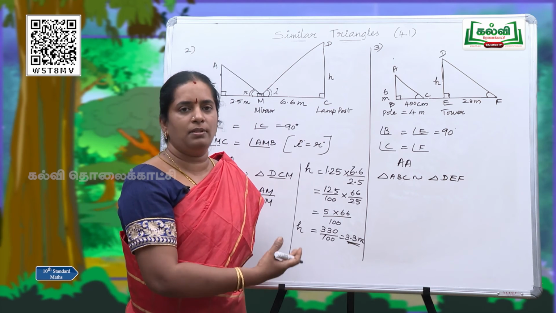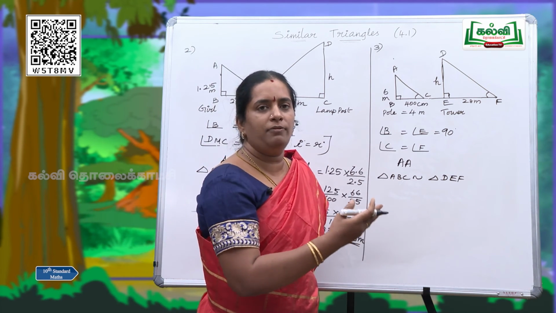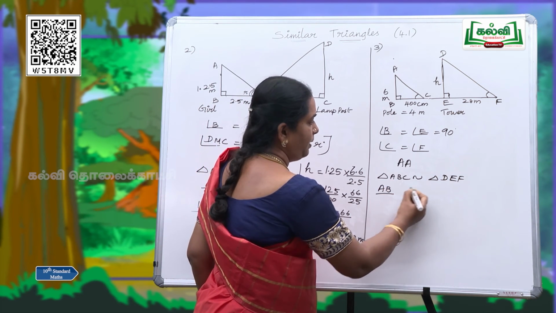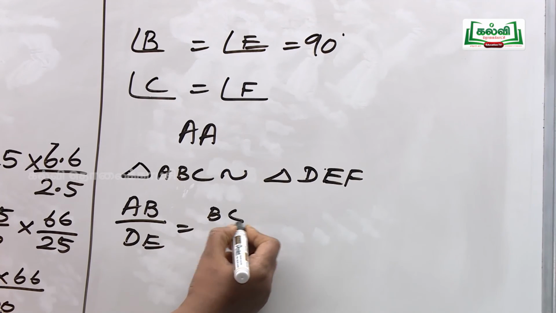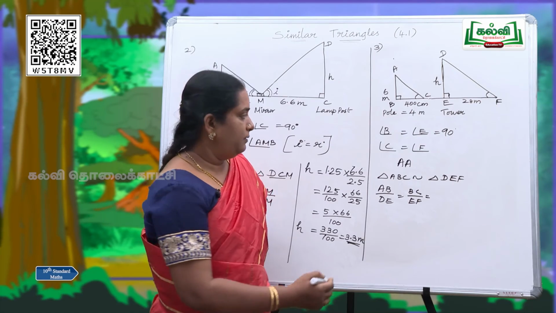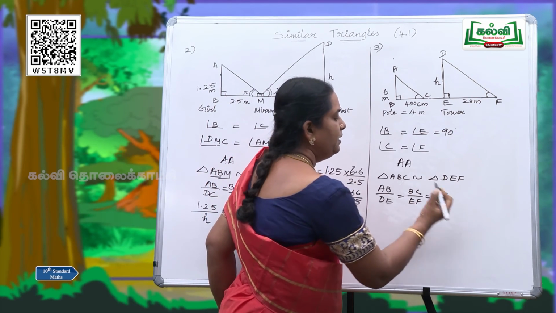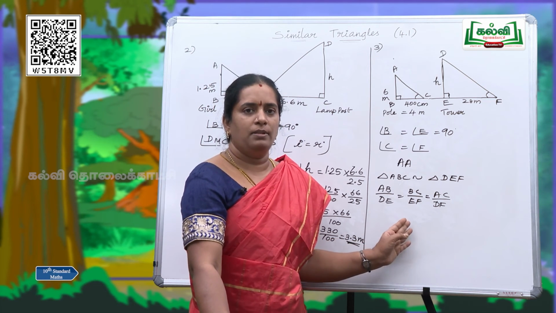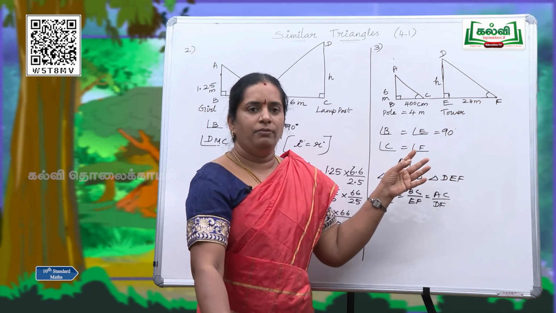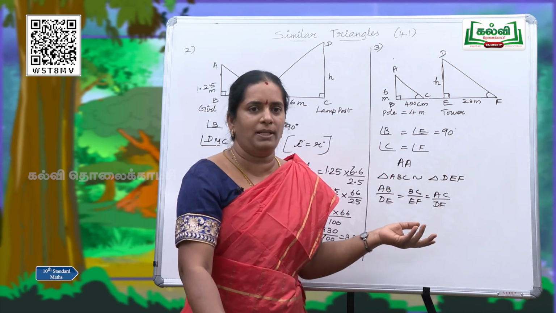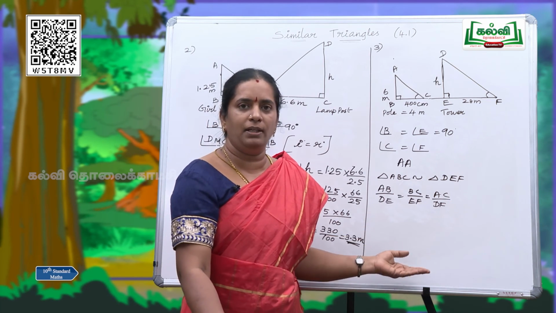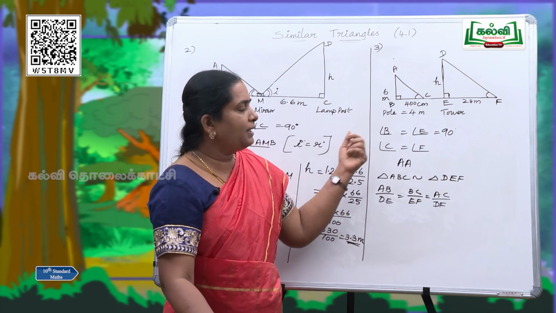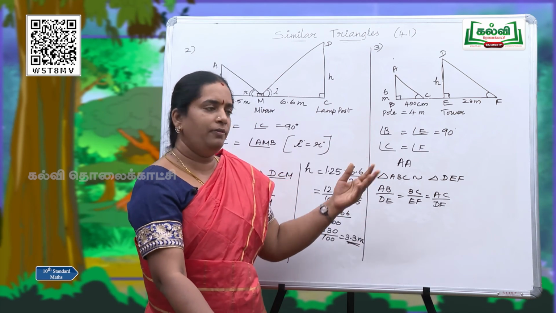So we have to write the ratios are equal, and then we are going to apply the measurements and find the unknown. Shall we do? Yes, I am going to write it again for you. AB by DE is equal to BC by EF and AC by DF. So children, please see, we have three pairs of ratios, but in this diagram we will be having one or two, that is at least two pairs of measurements. So we may leave the other pair. We have to write all these pairs first. After looking at the diagrams, we will say whichever we do not want. So we will leave that ratio.